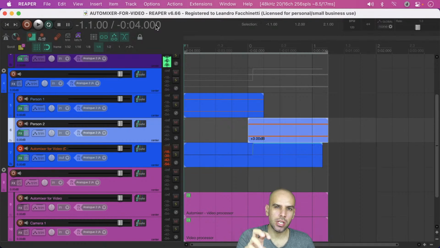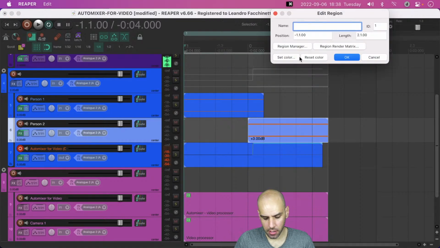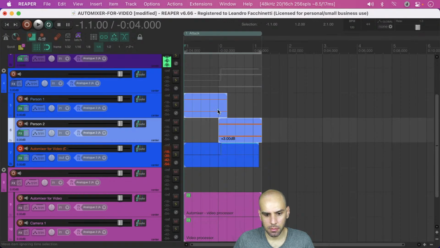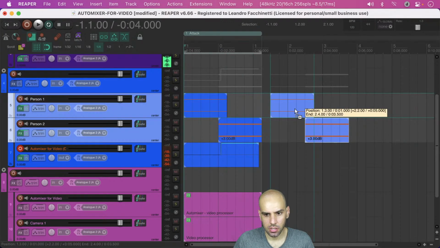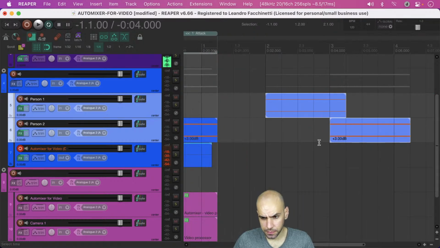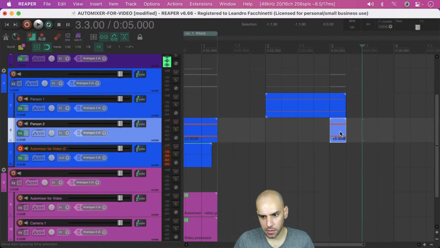I want to say like unit tests, something like that, for the Automixer. Anyway, so let's give this region the name attack. And then let's come up with a similar, but not quite the same scenario over here. So for the hold parameter, what I want is for one person to start speaking, but only briefly.